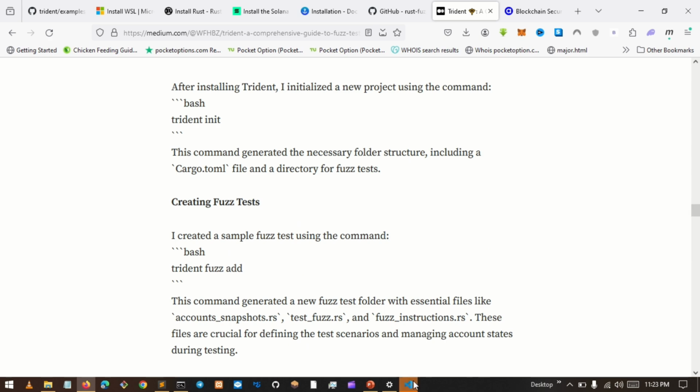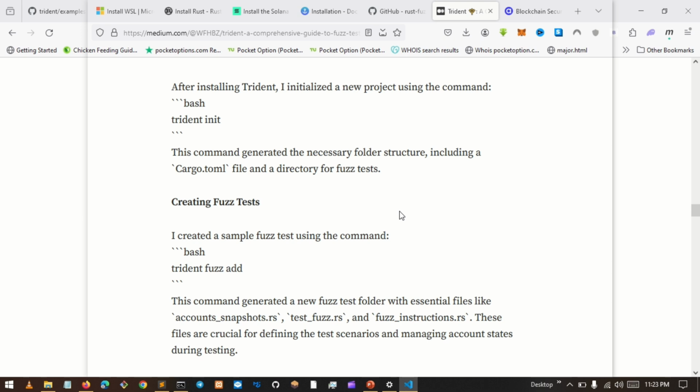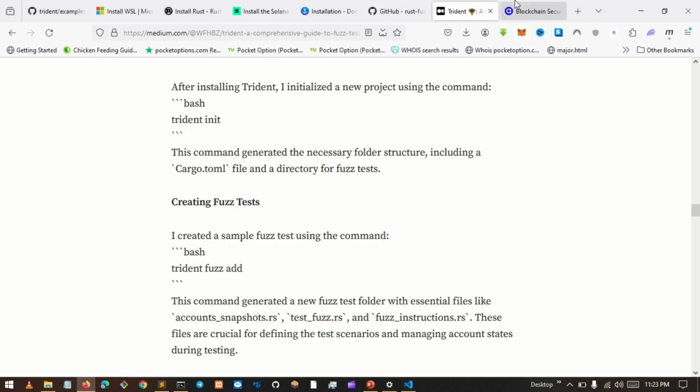I think VS Code is now up. Sorry for the inconvenience. My PC is a bit faulty. So in the meantime,